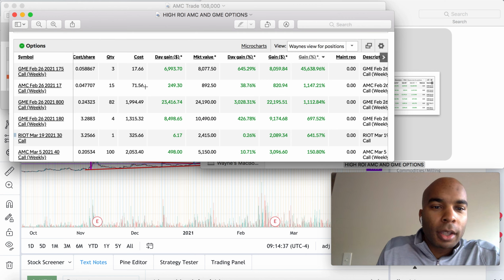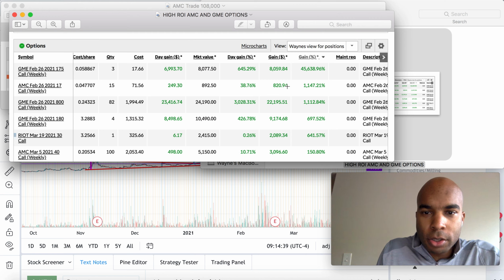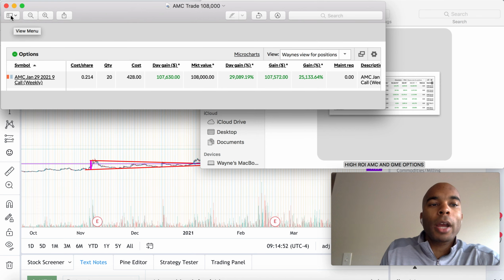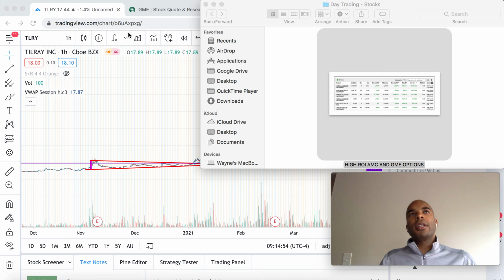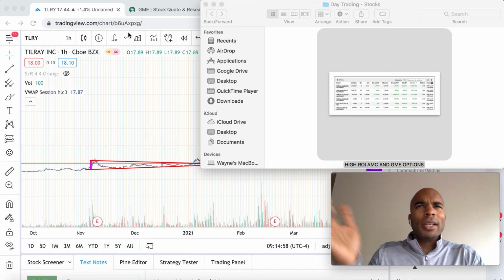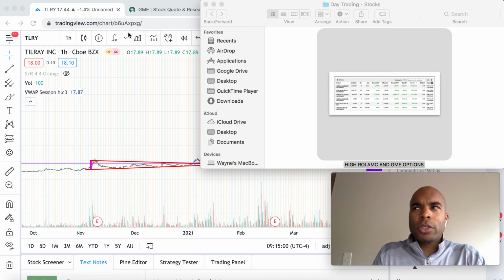Look at this. Invested $71, turned that into $800. $2,000 turned into $24,000. Come on, man. This is the type of gains we're thinking about, the type of gains we're aiming for. So, in my opinion, this is what I'm doing personally for my IRA. I had a small IRA from my old job when I was working. There was about